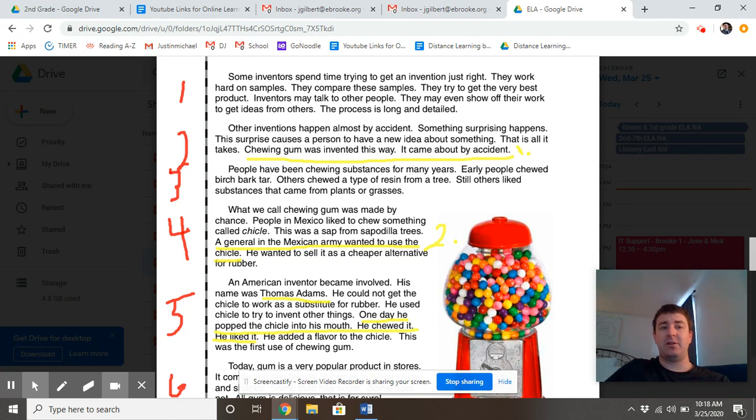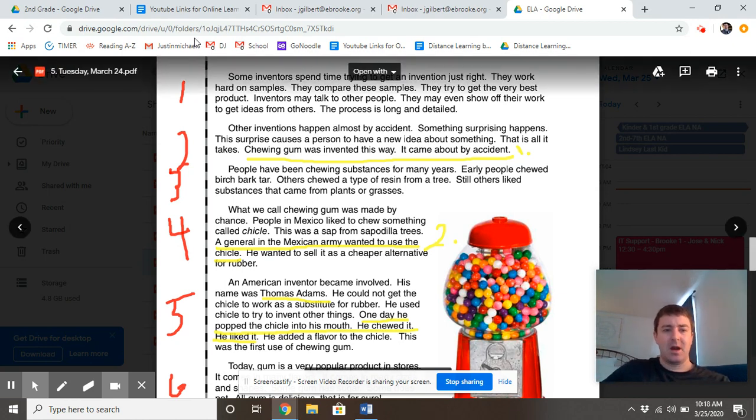Okay, so if you did not have a chance to finish that first detail, pause it and unpause it when you're done. I'm going to go back and I want to show you my thoughts, and let's stretch this next detail out. So I also really like this line here. I'm wondering how I can break this first detail up into possibly more than one sentence, because we know chewing gum from the passage was invented by accident, but I think I want to put something else in my writing, like other inventions happen almost by accident, and then use this to lead into chewing gum, of course, was also accidentally invented.